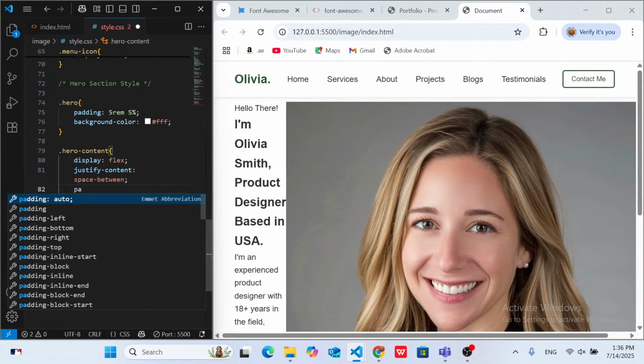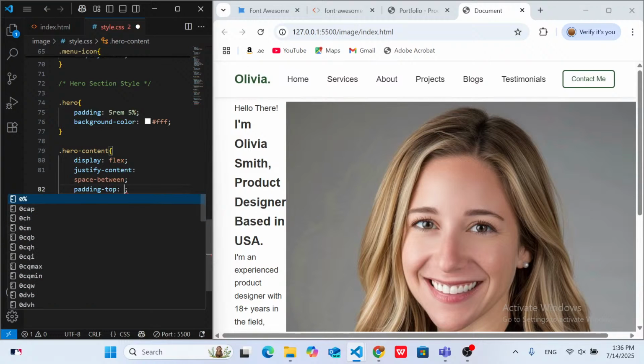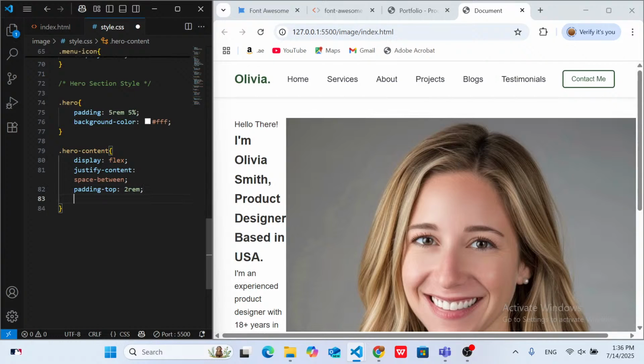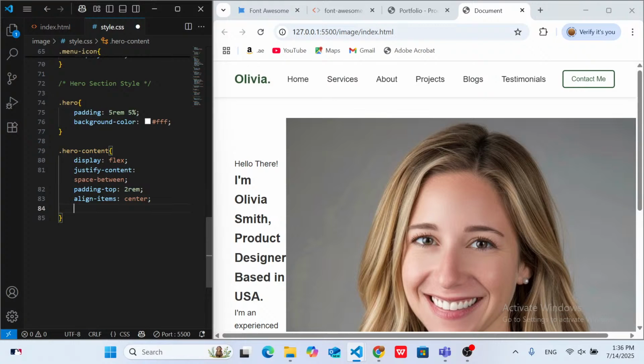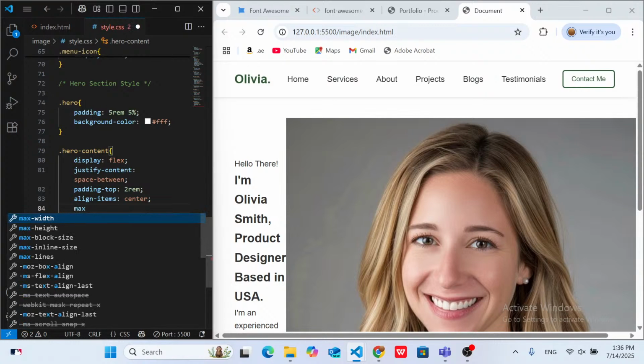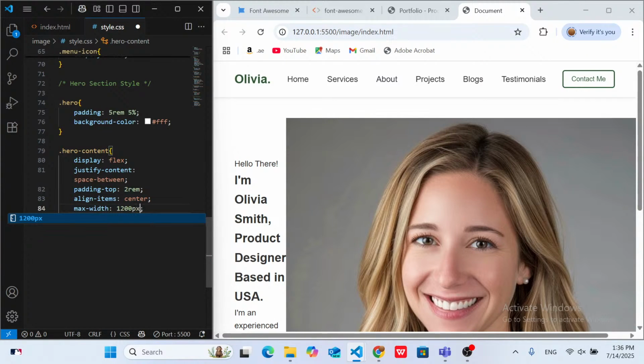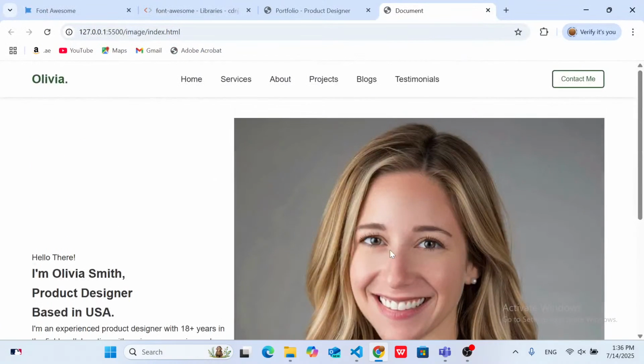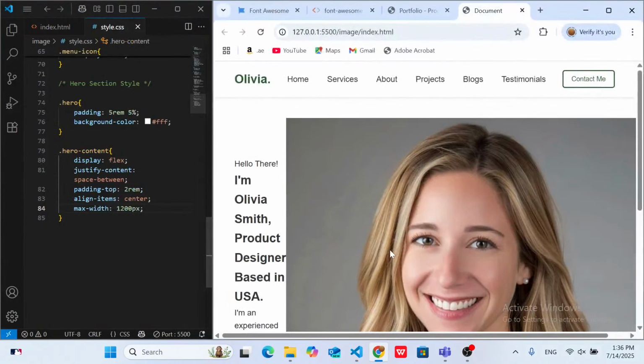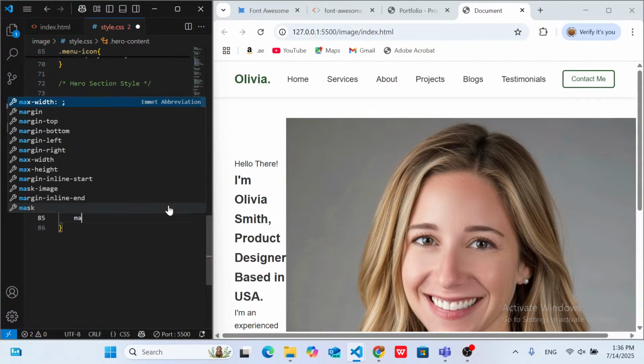Then let's give it a padding top of 2 rem. Then let's align the items in the center. Let's give it a maximum width of 1200 pixels. Okay, this is what we have. Then for the margin,